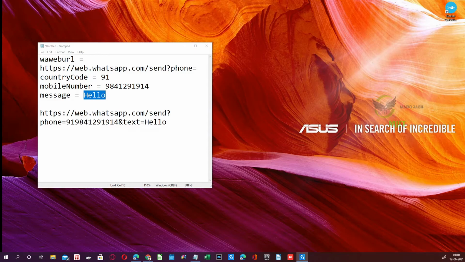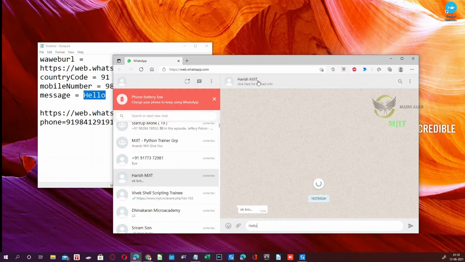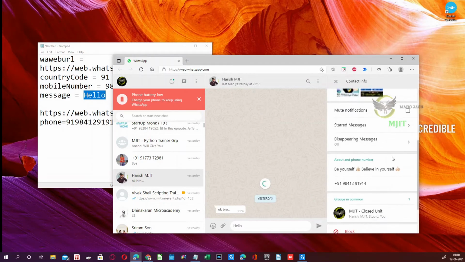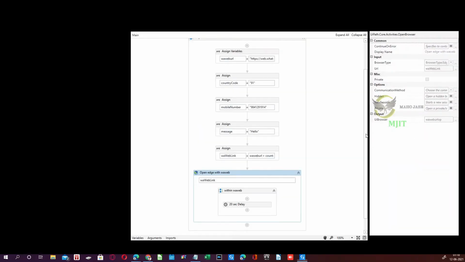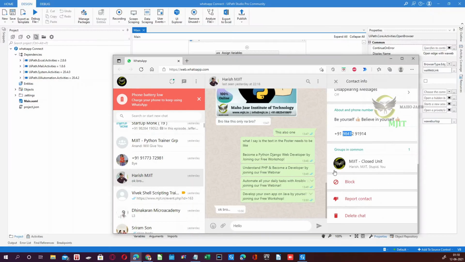Maybe it will pop up in another window, I think so. If the Edge browser opens, I will just drag and drop it over here. No, it opens here itself. If you see, it's going to web.whatsapp.com, and it was sending to the phone number, and it picked up. Now if you see, the message box will open with that particular number. So if I am not wrong, it is opening directly to this one. The screen got minimized because that got completed.